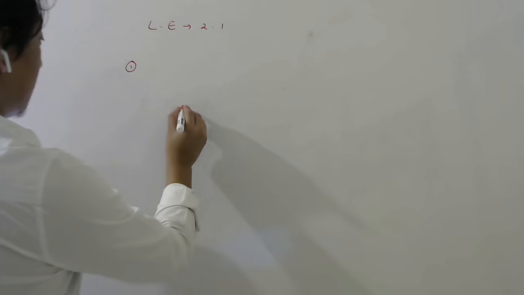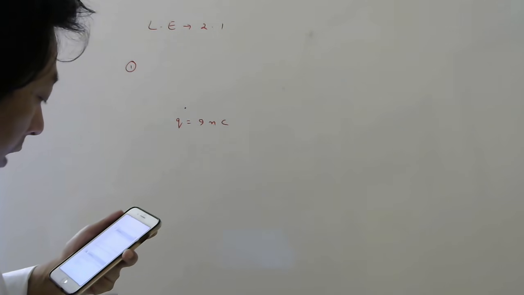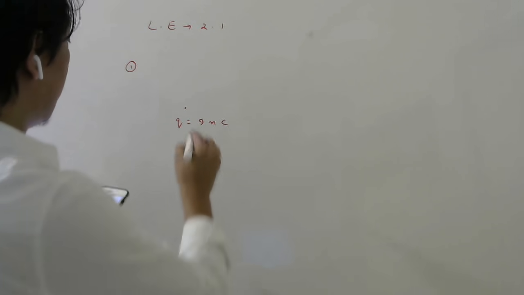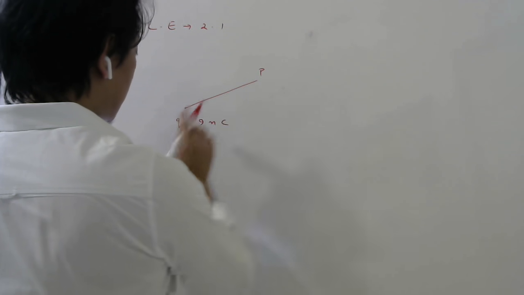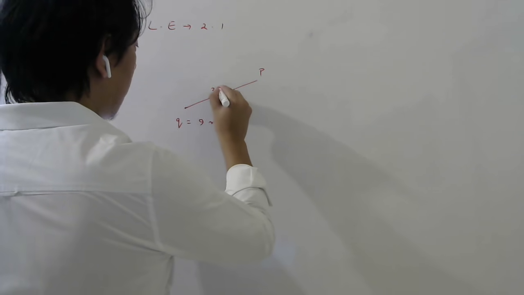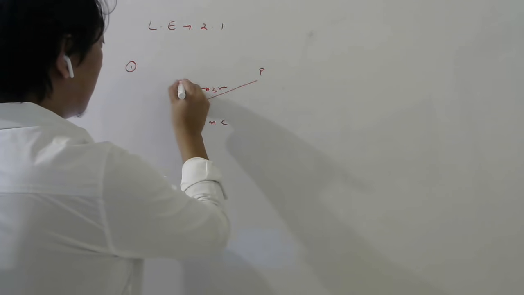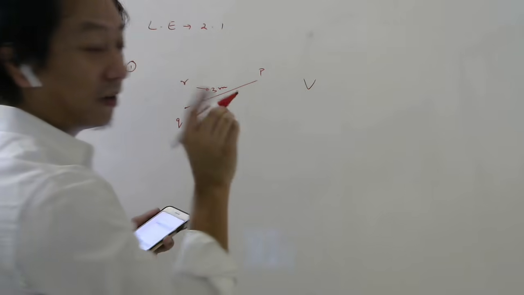nanocoulomb is at rest. So there is a charge 9 nanocoulomb. What is the potential at a point P whose distance from the point charge is 3 meter? So they want potential at some point whose distance from the point charge is 3 meter. This is simple, right? So this is your R, distance between source charge and point. They want potential, not electric field.